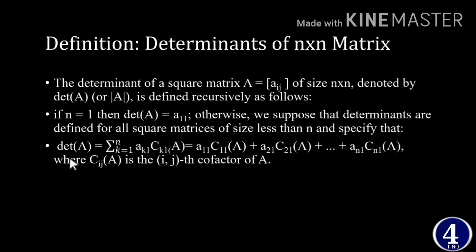The determinant of A by formula is a summation of k equal to 1 up to n of a_k1, which means the row number goes up to n, starting from 1: a11, a21, a31, a41, up to an1, multiplied by